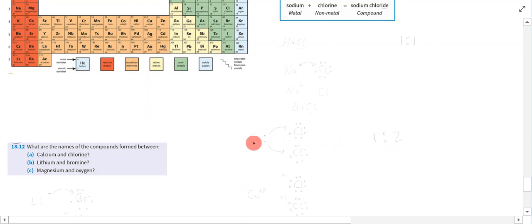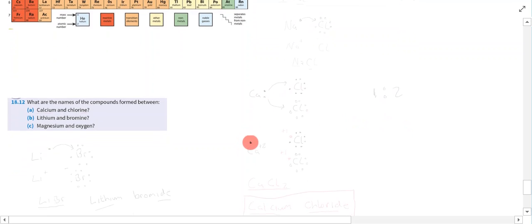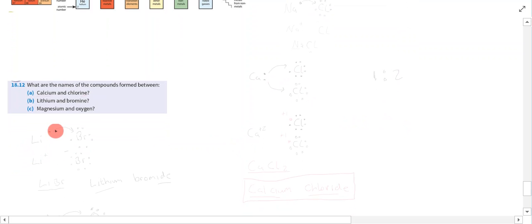So if you think about chlorine, for example, it wants to lose 2 electrons and chlorine can only gain one electron, so therefore it's going to bond in a ratio of 1:2 based on that. If we think lithium, for example, lithium wants to lose one electron, bromine wants to gain one electron, that's going to be bonding in a ratio of